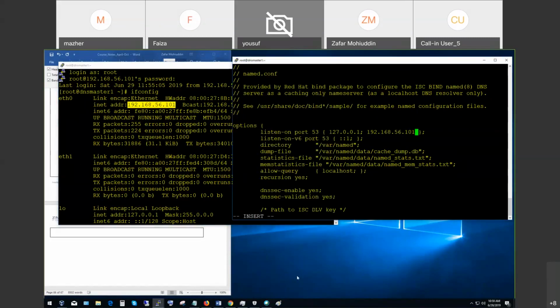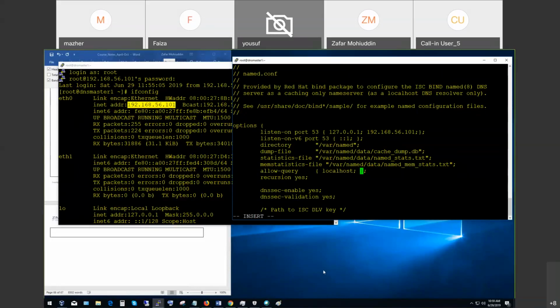Right next to it, you have to give a semicolon. These are really important, how these things are placed. And in allow-query, you have to type